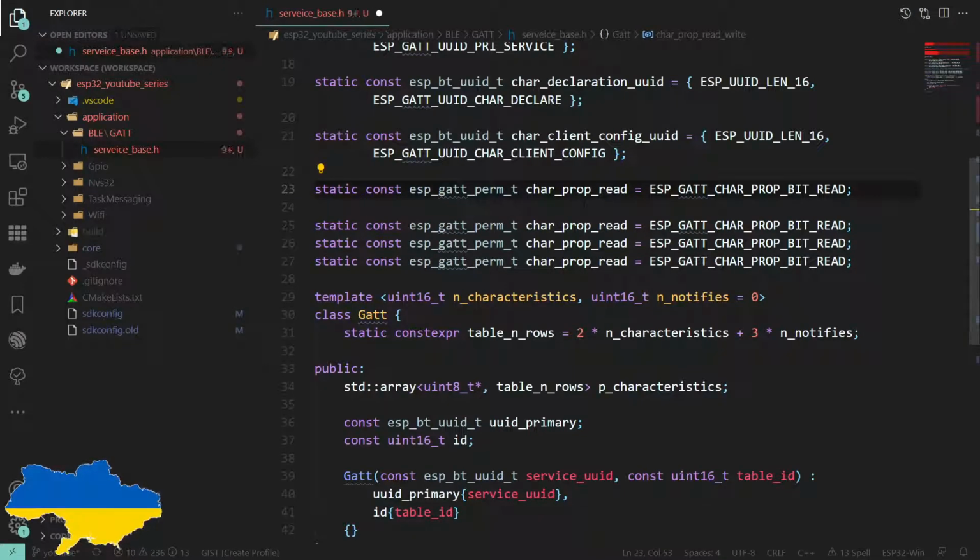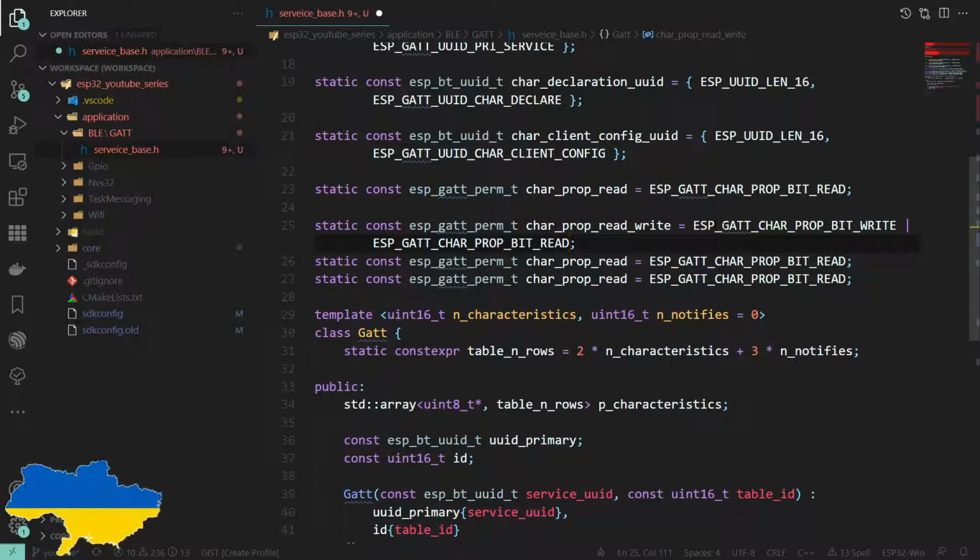a few times. So this property can only be read, like the heart rate we saw in my little example earlier. This one is read or write, and these are actually just bit fields, so we can OR them together like that, which is quite nice.